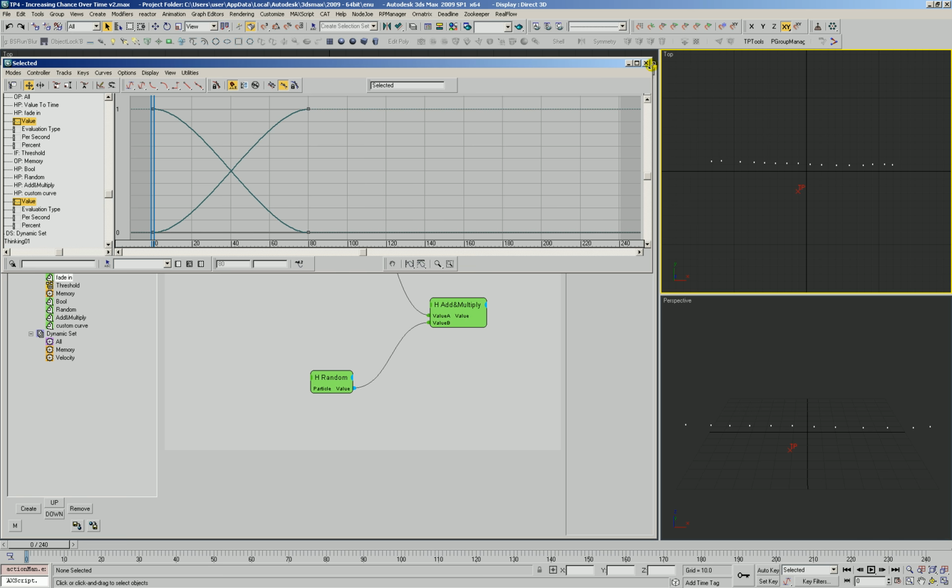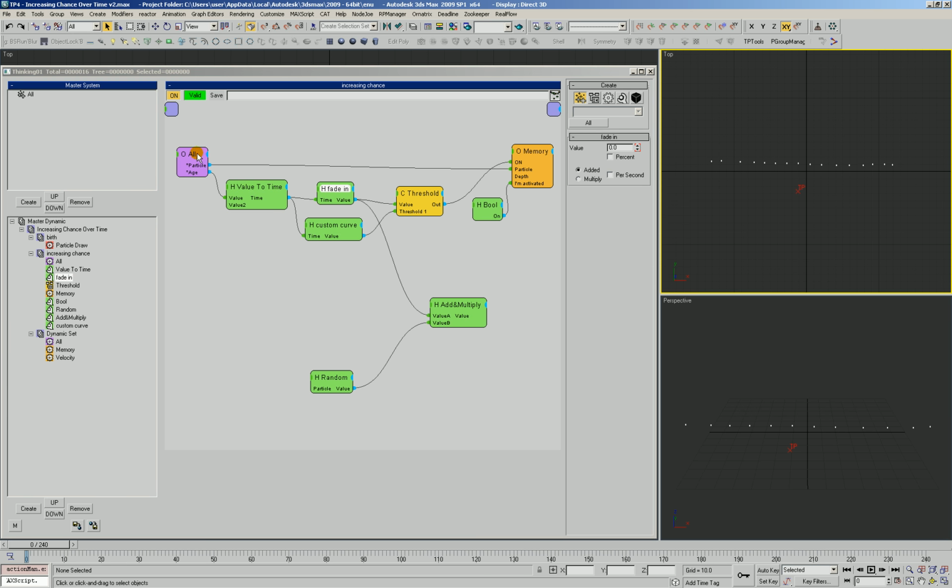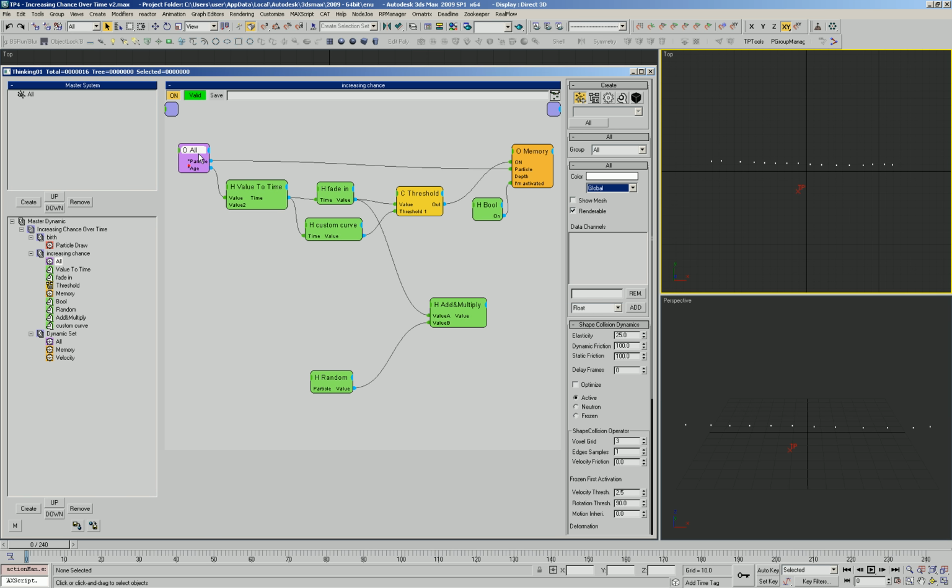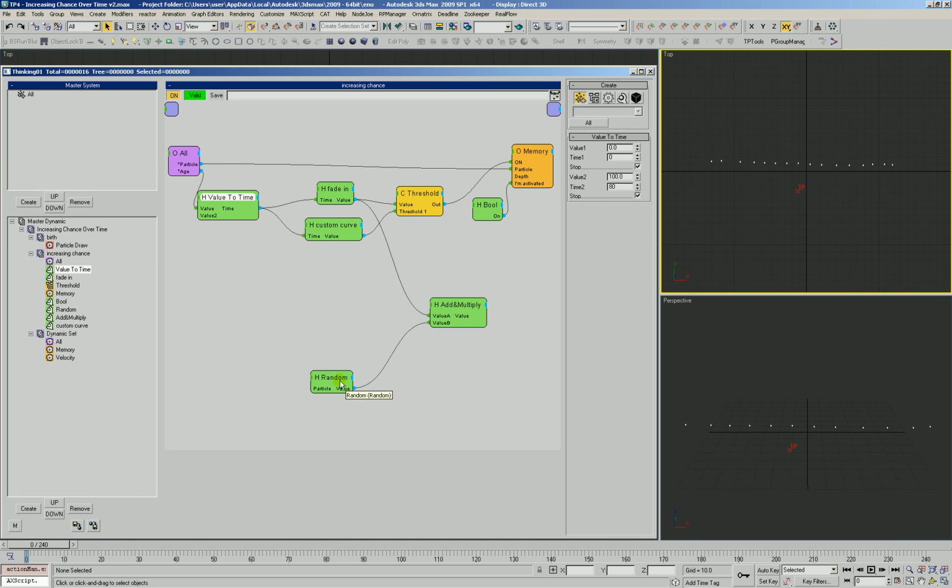So we want to actually randomize this now. Time base is a really great way to do that. We're going to take a look at a different way. We're going to set this up and go back to our add multiply, but this time we're going to have each particle generate only one value for its lifetime. And we'll set this so that